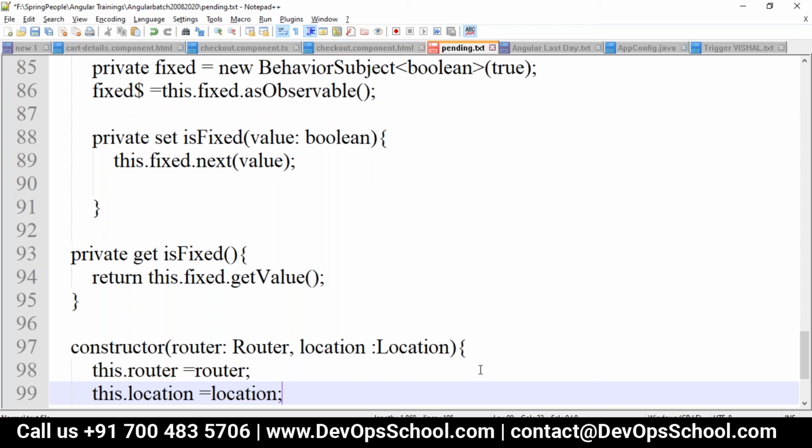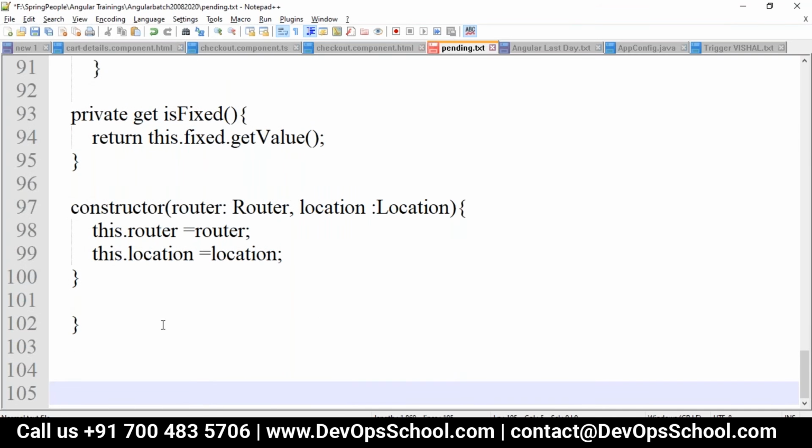So that is what we have here. You could use a behavior subject which allows you to set the initial value of a property. This is setting the initial value of a property which you are interested in. When the subscriber subscribes to the changes, then that property, wherever the service is injected, will just get this. So we have created here isFixed and the setter and getter methods, and in the constructor we passed it here. Then in this class we have to get the fixed value, right?